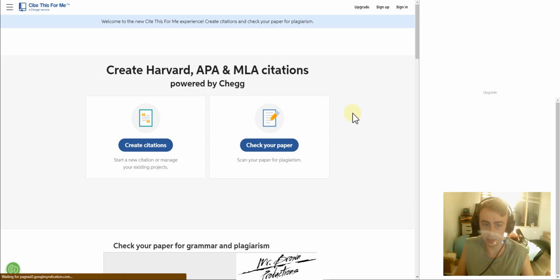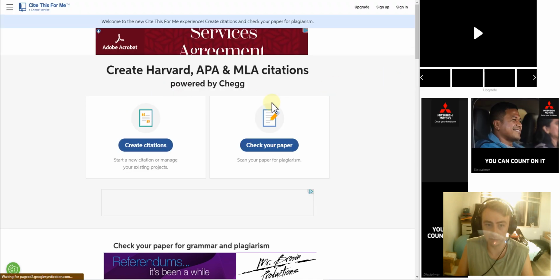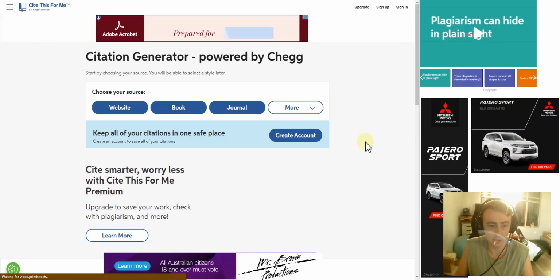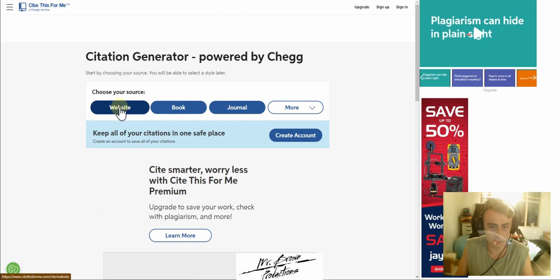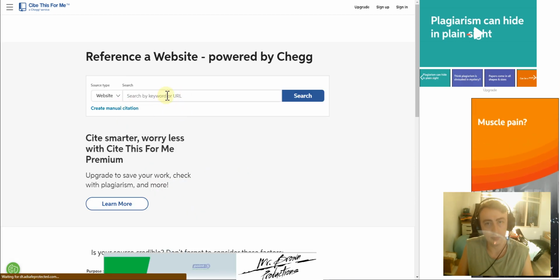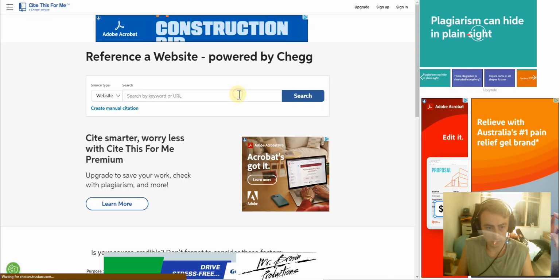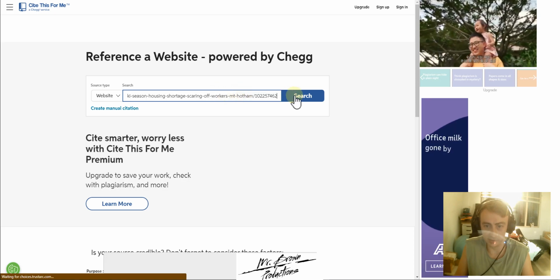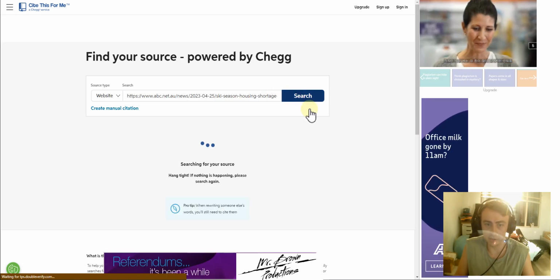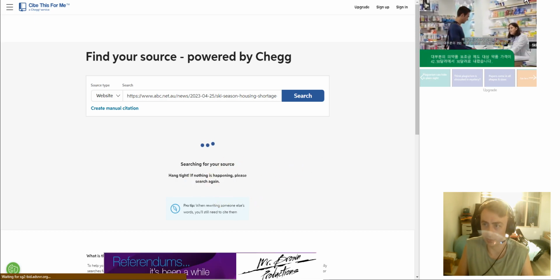This is just the one I like. There's heaps of them, so you can just Google them if you want. Okay, so you just click that, you say what you want to do. I want to do a website. Now you can just chuck the URL in, but it doesn't always fill out everything, so you still got to check. So you pop the URL in, hit search, and then it starts searching the resource for you,